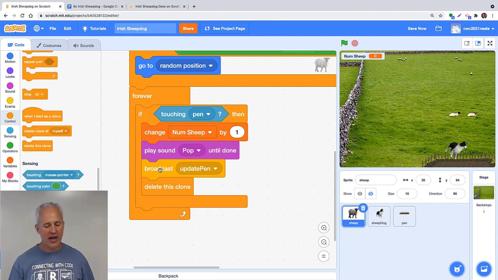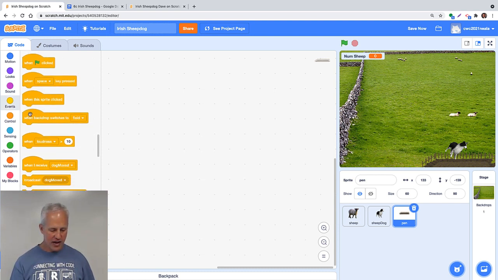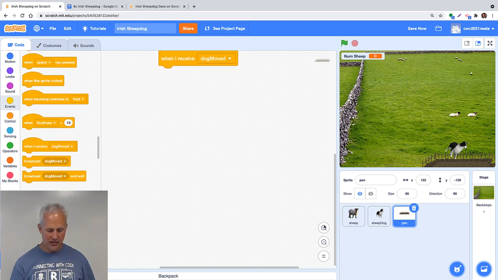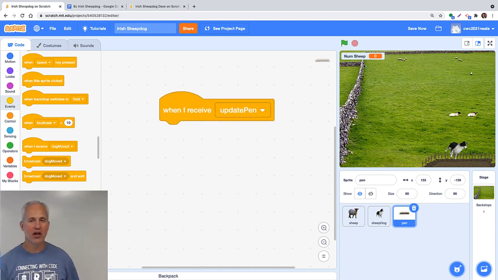So let's go ahead and go into the pen and let's respond to update pen. So I'm in the pen now. In the pen, I need to go to events and say when I receive. So when the pen receives update pen, he's going to use the variable num sheep to set his costume. So looks,